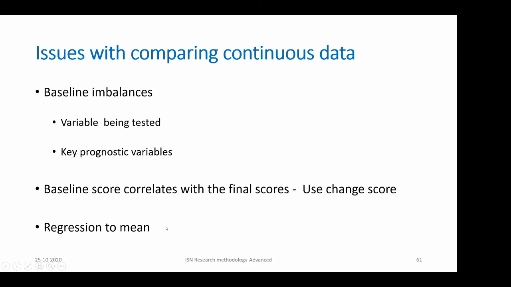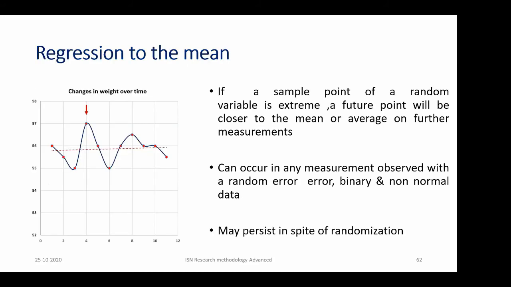Another important problem with continuous data is regression to the mean. Not all continuous data exhibit this, but certain types of continuous data will very well exhibit it. This is just the weight of a particular person who is having a steady lifestyle, documented over a period of say 2 years. There are 12 readings taken 2 months apart. Certain parameters, weight and other anthropometric parameters, and there might be others also which show similar behavior, don't remain the same over a period of time.